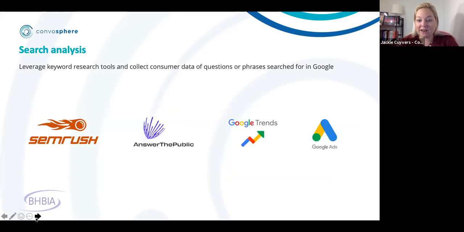So you can, for free, use tools like Google Trends, which gives you an idea of how these searches are occurring in different areas over time. And you can even compare some of these searches. And that gives you a good view on things that are increasing or decreasing. Google Ads also gives you a good understanding of the amount of searches per month, the potential advertising costs for using those keywords found in those searches, etc.